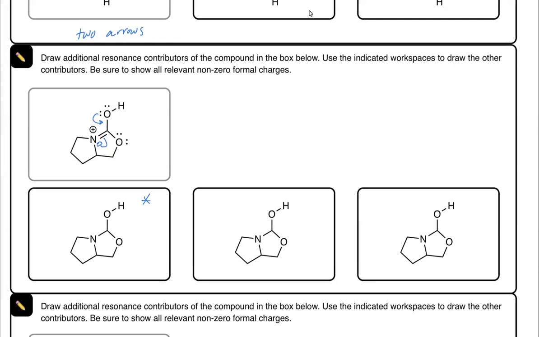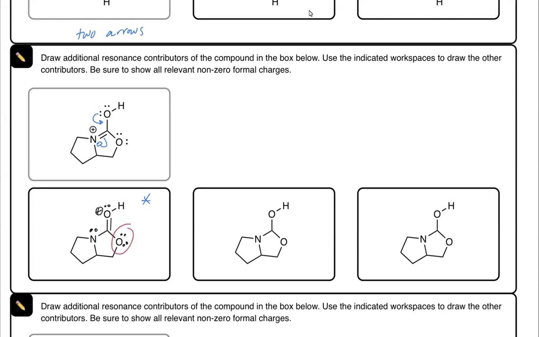As a result of that push, the first arrow is showing that the oxygen is pi bonding to the carbon, and the second arrow push is showing that the nitrogen is getting the electrons from the carbon-nitrogen pi bond, making the nitrogen neutral. The next thing that I could do is maybe now delocalize a lone pair from this oxygen